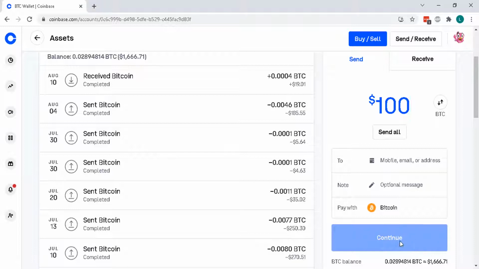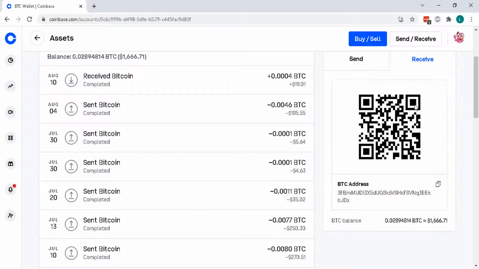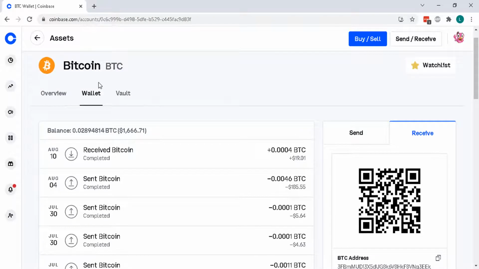And that's pretty much all there is to it. For sending, it'll take, depending on the network, from 15 to 30 minutes if you want to send Bitcoin. If you send with other cryptos, it's a lot faster, but overall it's a very easy process to send with Coinbase. Now to receive Bitcoin or whatever cryptos you want, make sure you access the wallet tab for whatever the